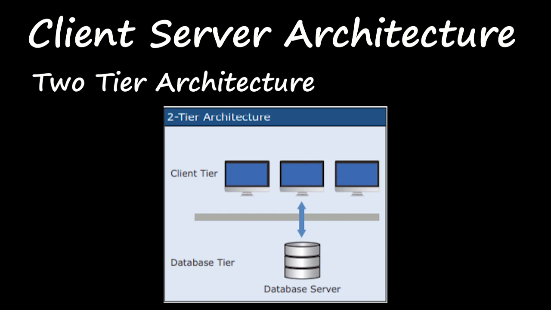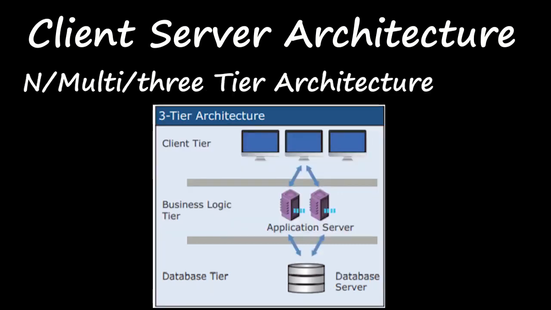The next one is multi-tier or three-tier architecture. This is used for the server to access the client with more than one layer of interaction. It may have application software, with the client tier in one layer, the database tier in one layer, and the business tier in one layer. More than two layers means we say it is multi-tier or three-tier architecture. The programmer can decide the count of business logic layers according to the software's need. This is the reason the model is known as multi-tier or three-tier architecture.